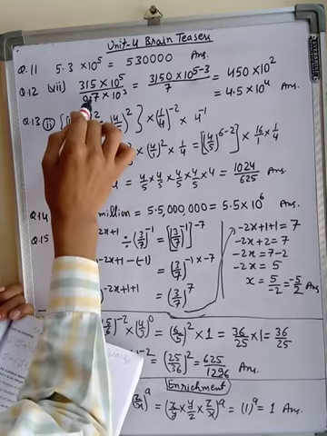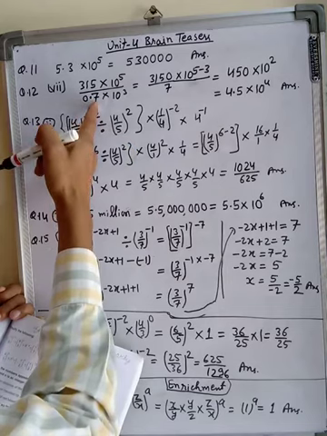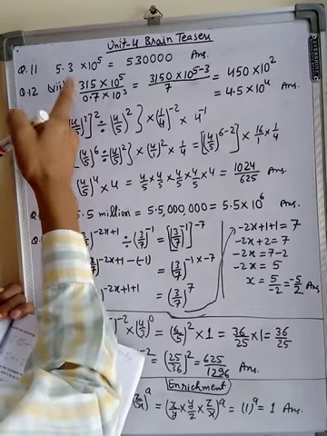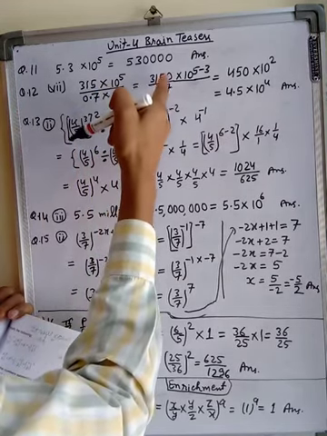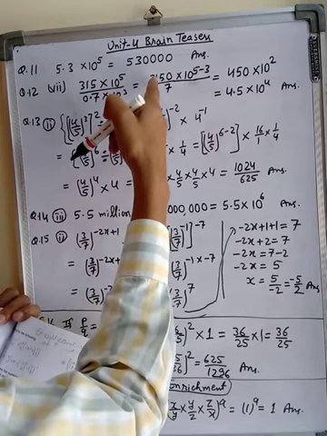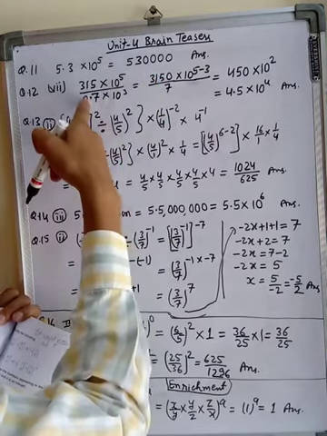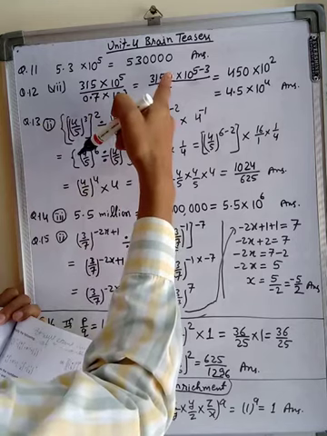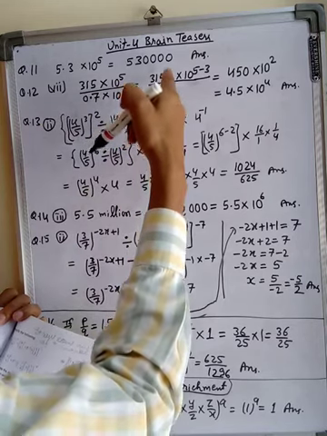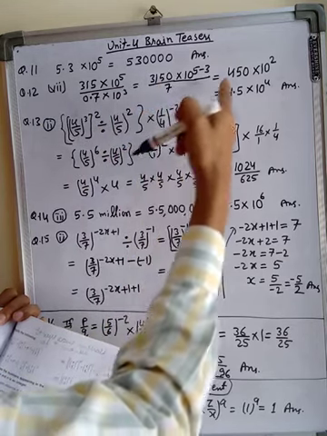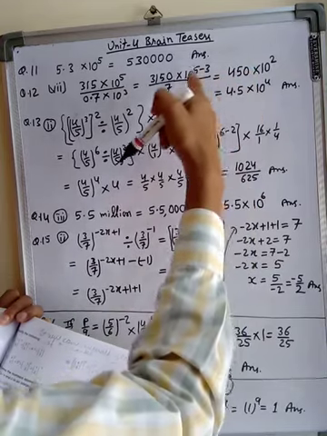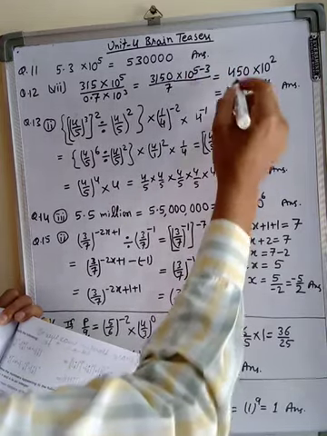So the decimal is there, so we will remove this decimal. Against this, 1 and 0 we will put on the upper side, in the numerator. So it will become 3150 upon 7. For removing this decimal we wrote here 0. Now this divided by 7 is 450 into 10 to the power 5 minus 3, which is 2. And how will we write this?